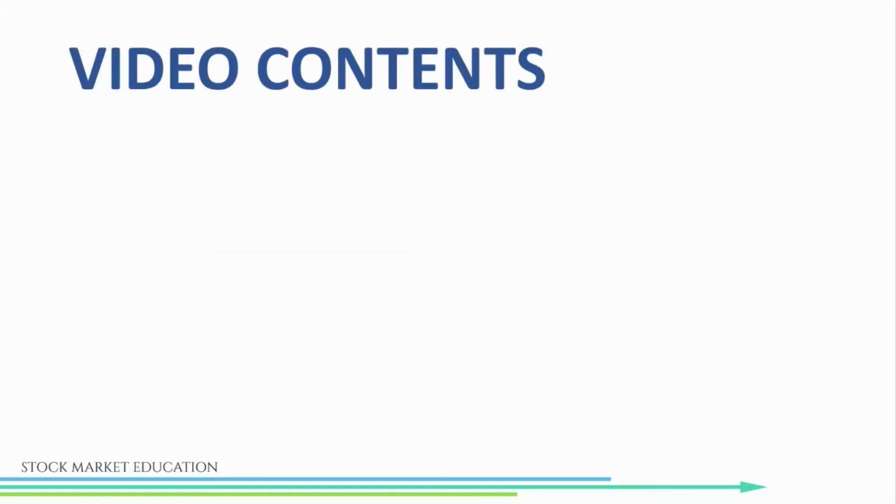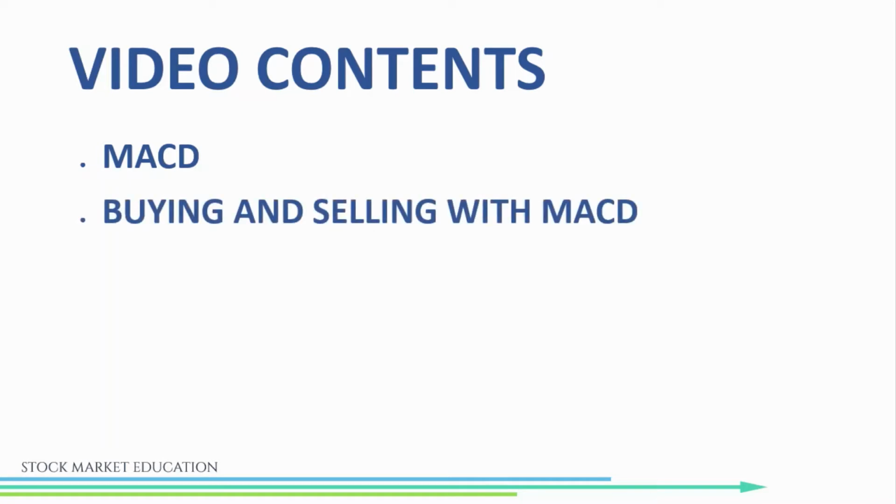Now in this video, we will first learn what is MACD. We will see how to do buying and selling using MACD and MACD divergences. And then we will see what are the secrets of MACD indicator. By using this MACD, we will try to identify the momentum reversals and predict the market turning points. We will see how we can increase our winning rates. We'll try to identify high probability breakout trades using divergences.